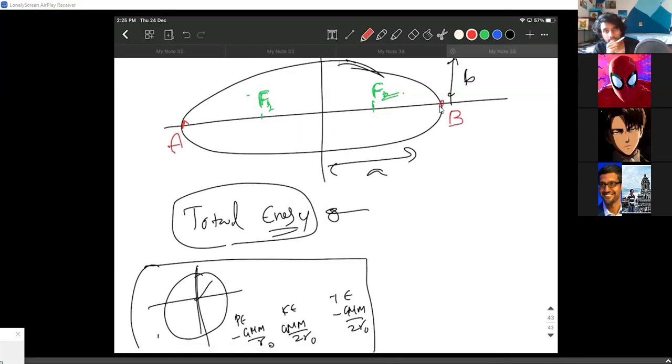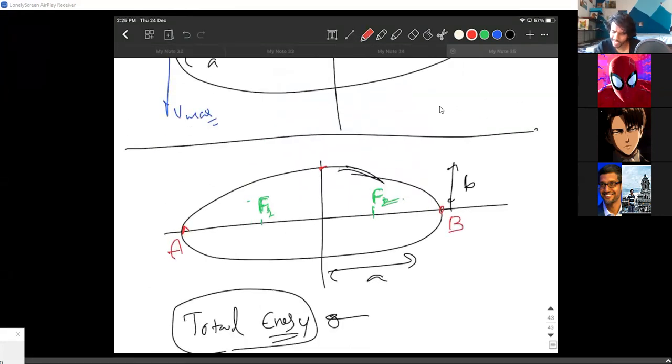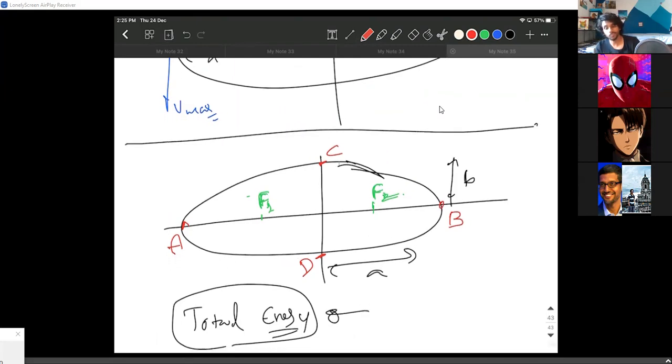Okay. Y-axis, sir, y-axis, not x-axis. Acha, you're talking about these 2 points. Let us call them C and D. I think these 2 points will have same velocity, sir, magnitude wise. But what are you getting out of it? Sir, at least I can maintain that equation nicely and make that V equal.